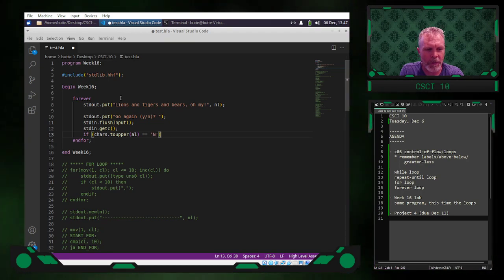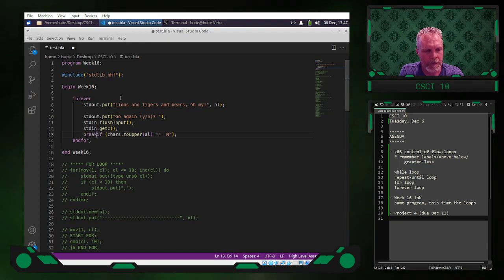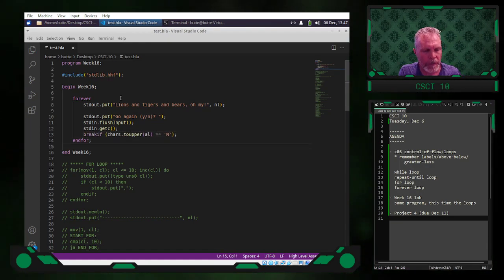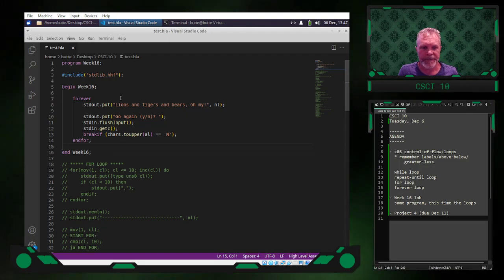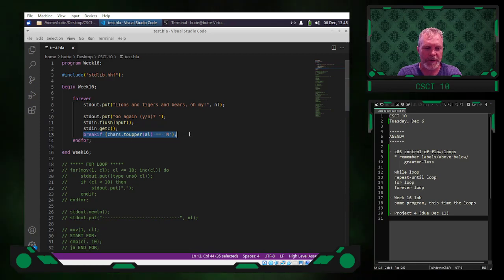Oh wait, I'll just do a break if. Let's see if that works. So there's a forever loop. It's using a break if, which is a really cool